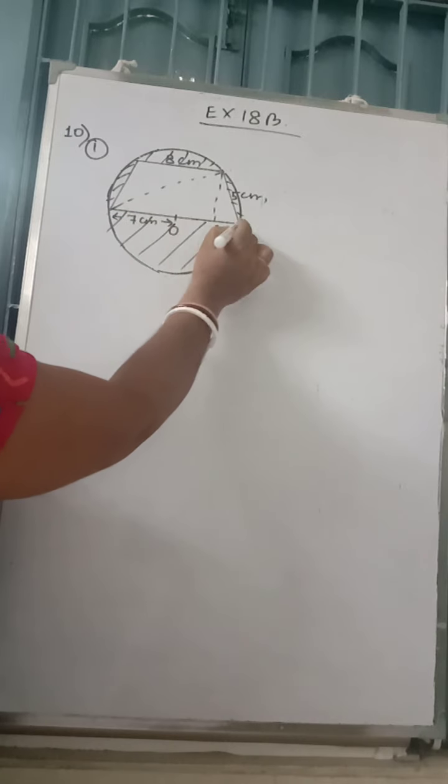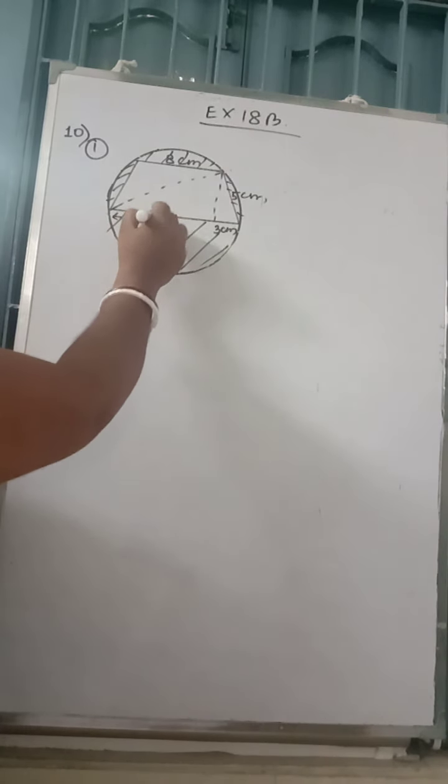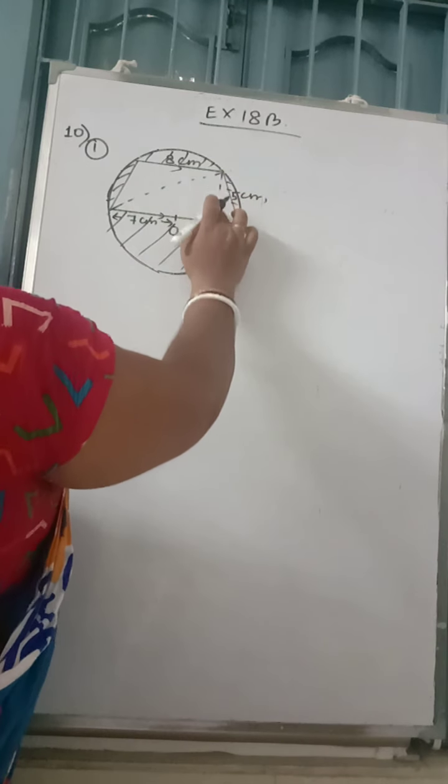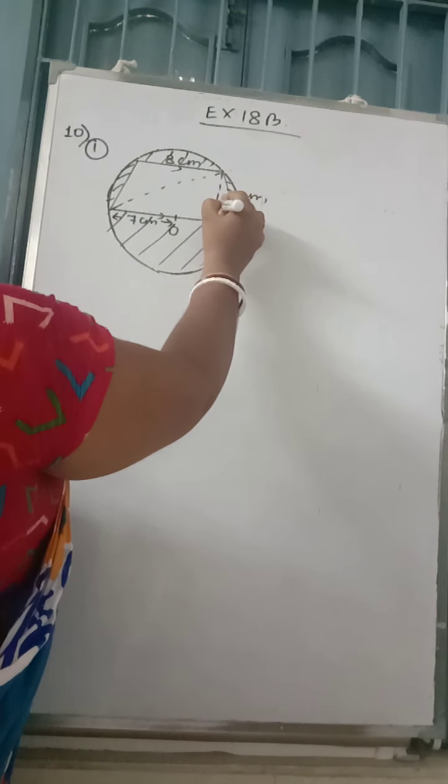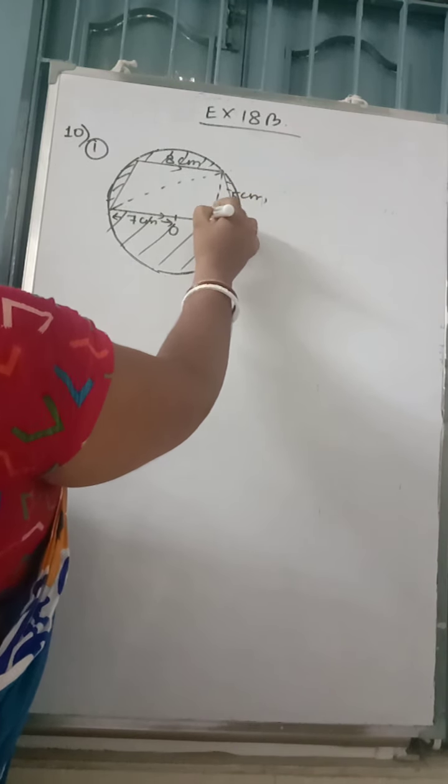Now, as we have a radius, we can get the area of the circle, and if the radius is 7, the diameter would be 14. So we have the parallel sides for the trapezium also, but we don't have the height of the trapezium. So what can we do? We can see a perpendicular line is constructed, and the hypotenuse and base are given. So may I get the height of this trapezium?